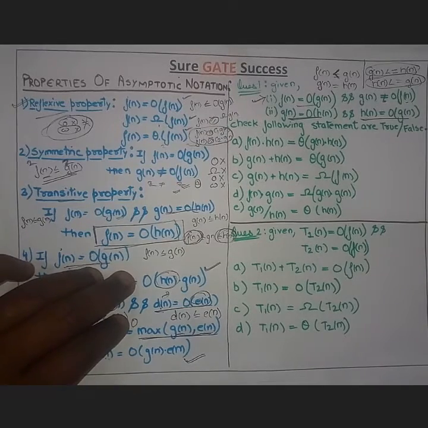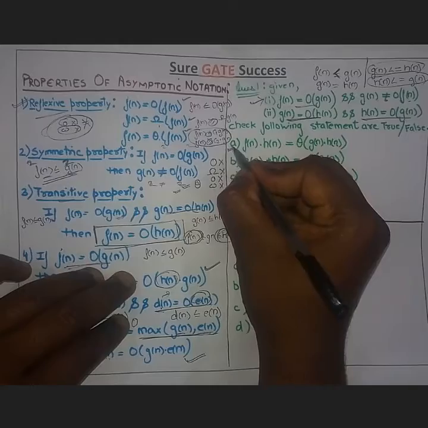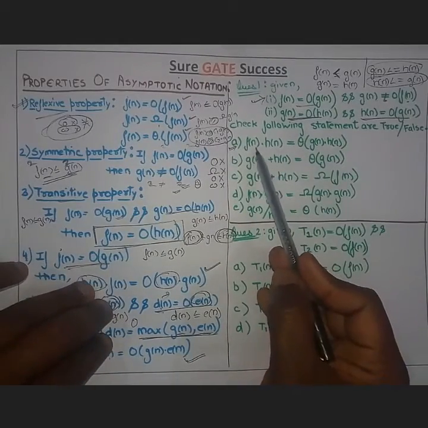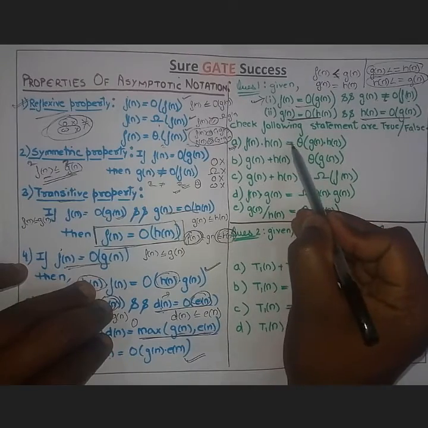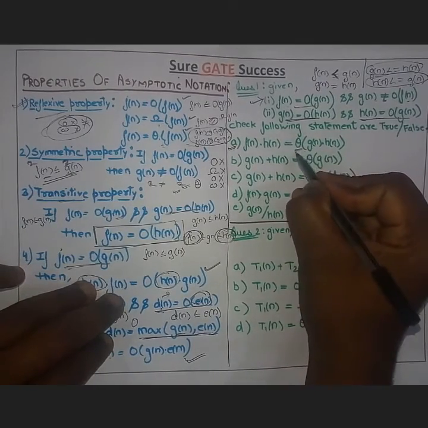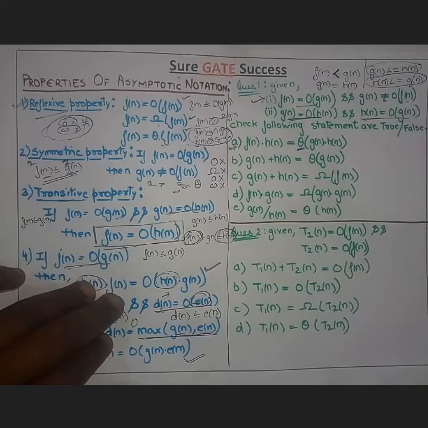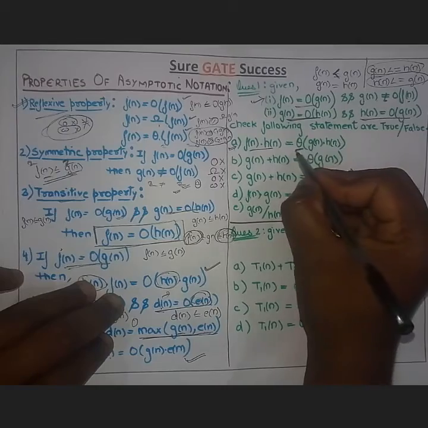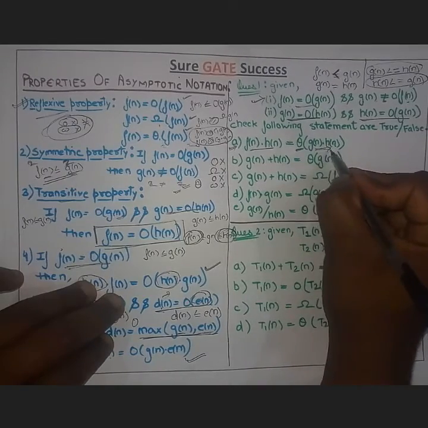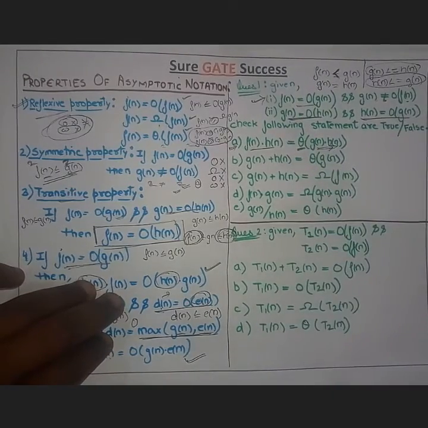So now come up to option A. If we multiply f(n) with h(n), what is given here is theta. That means he is saying that f(n) times h(n) will be equal to g(n) times h(n). What we have to do is violate the condition; at least one false has to be there to declare that it is a false statement.